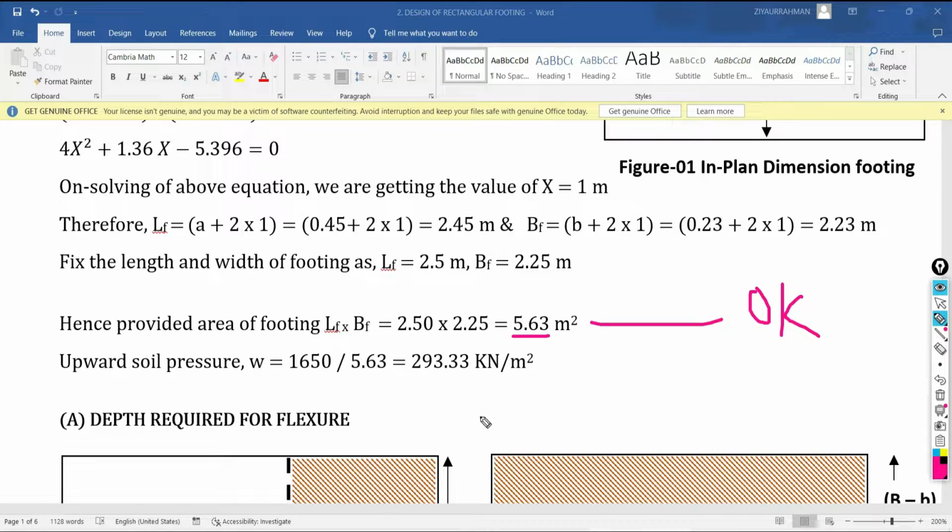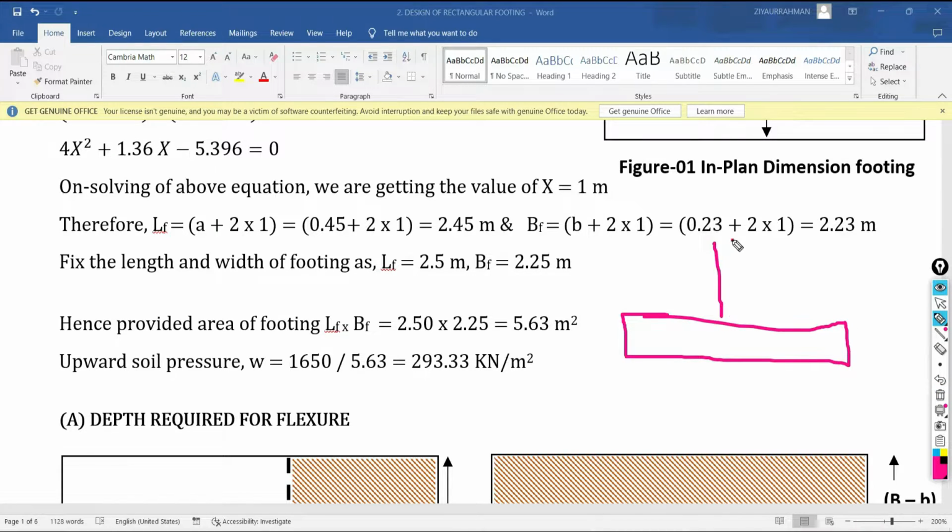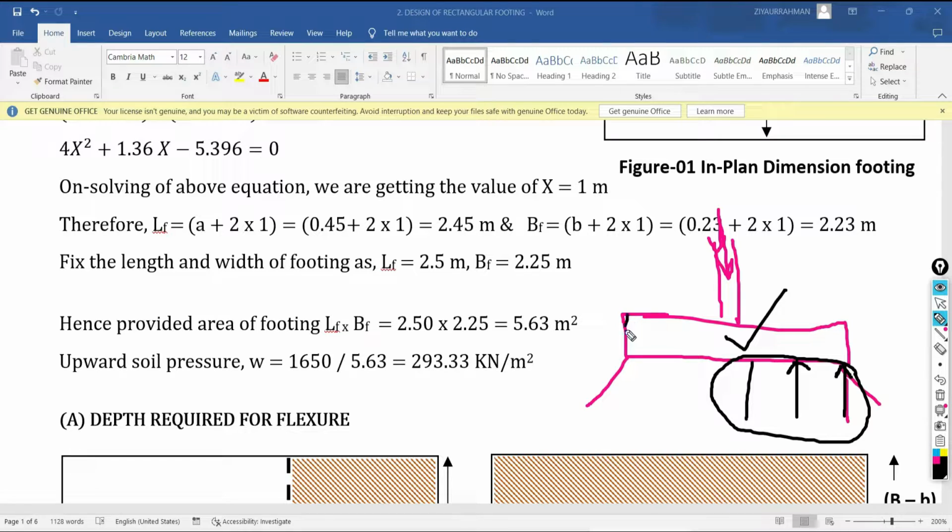Now next, what does upward soil pressure mean? Try to understand. There is a foundation and there is a column. We know that the load is coming from this column, and through this foundation we are going to transfer the stresses to the subsoil. As a result of the application of the loading, your soil mass is going to exert pressure at the base of your foundation, and for this upward soil pressure we have to design our foundation. We are not designing our foundation to carry the load coming from the column. We are not designing the foundation for that. We are designing the foundation to maintain its stability against the upward soil pressure.